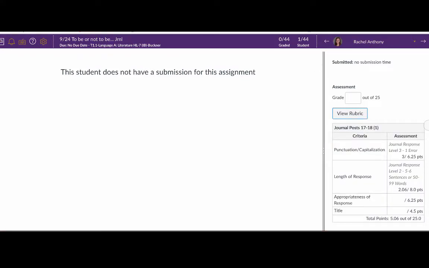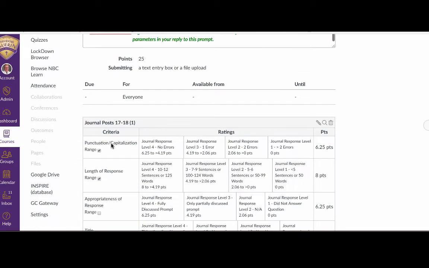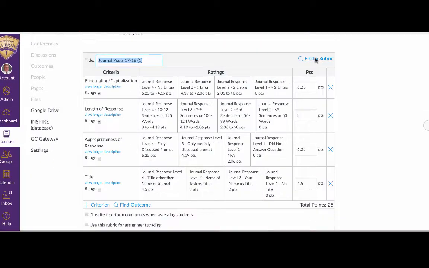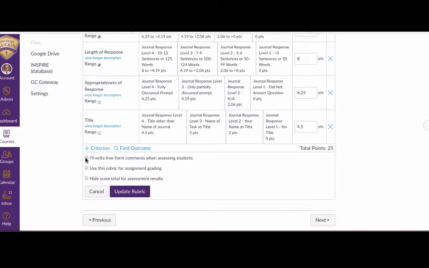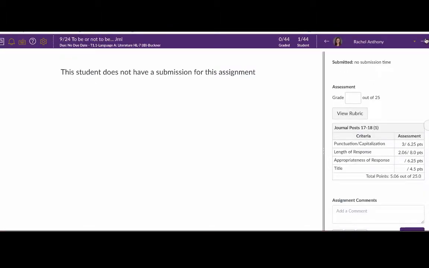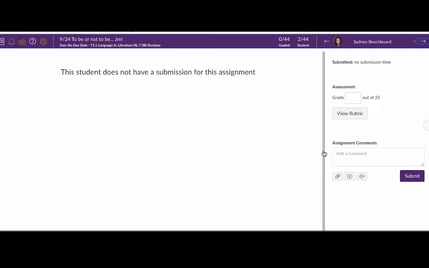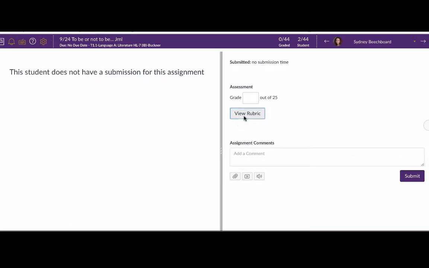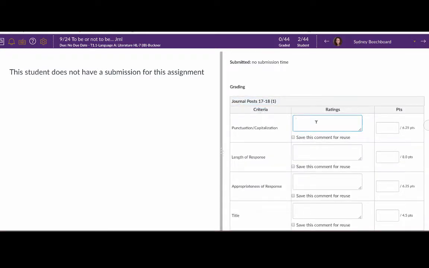Alright, and then if we go back and look at if we want to utilize maybe the free form, this is what the free form would look like when you go into SpeedGrader. So in SpeedGrader, and I'll make this a little bit bigger here so you can see, if we go View Rubric, now you can type in your comments. You might want to spell them correctly, but you can put in your comments, and then you put in the points that you want for that particular